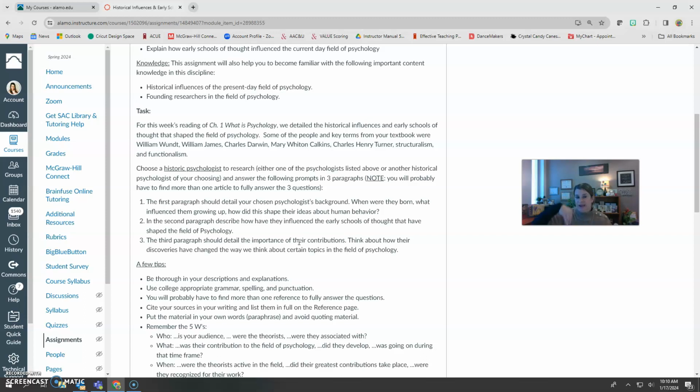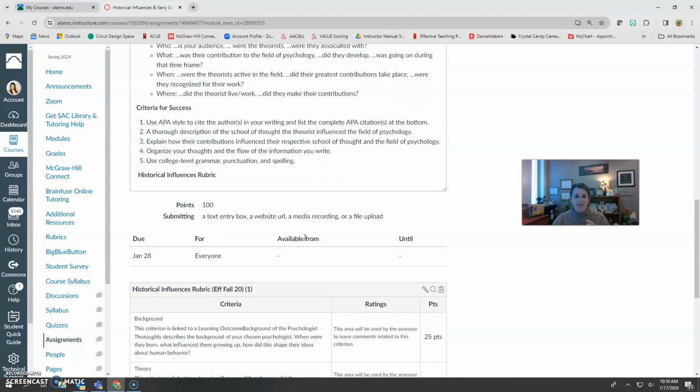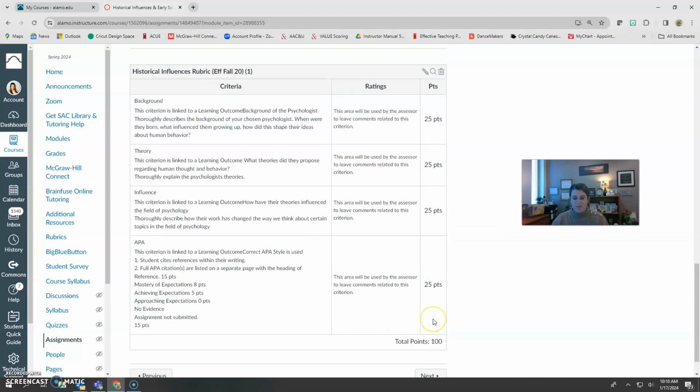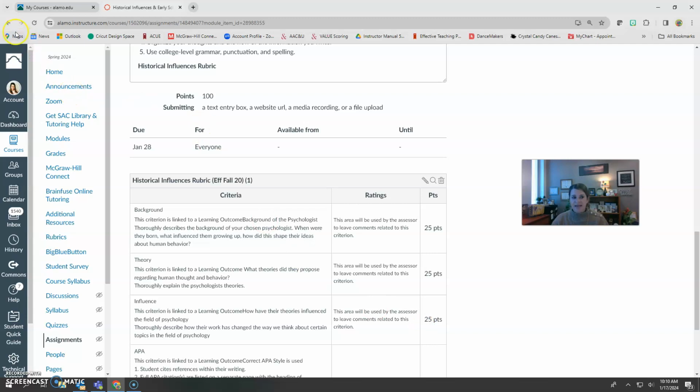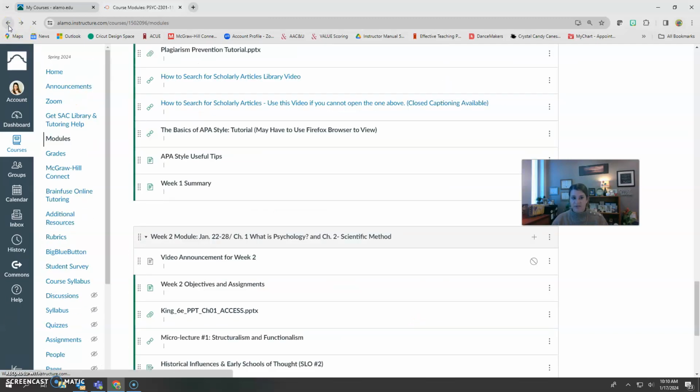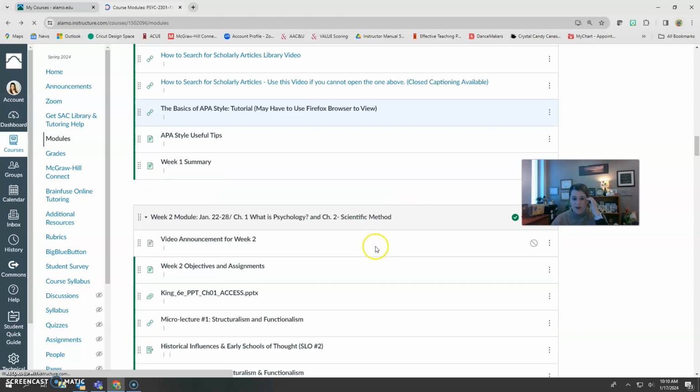Use your resources. You have them in the modules up above week 1. There's websites that can be helpful to you on APA formatting. Just do your best there, okay? And reach out to me if you have any questions whatsoever. And then you will have the grading rubric down here so you know exactly how I am calculating your grade and where the points come from. Okay? So let me know if you have questions, but that is your historical perspectives, your historical theorist writing assignment